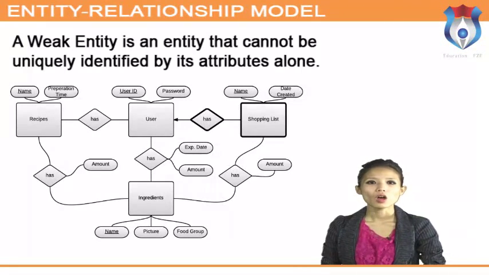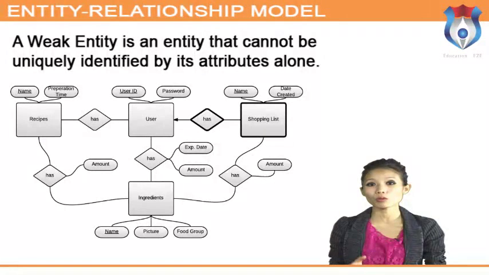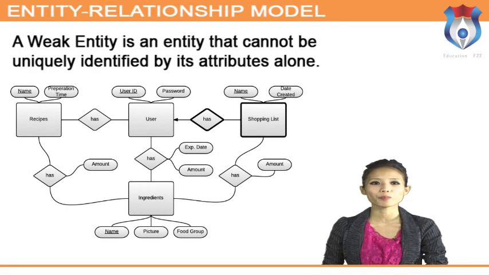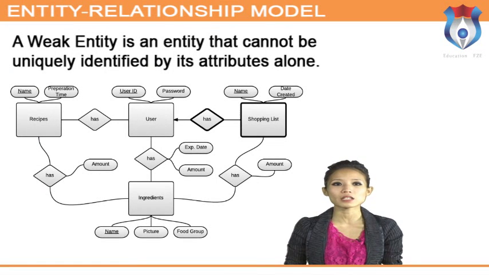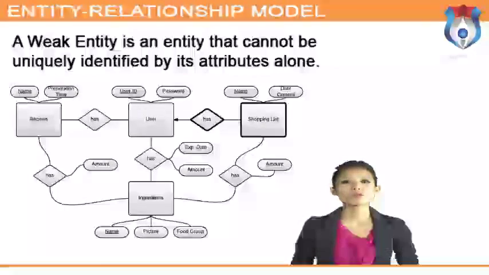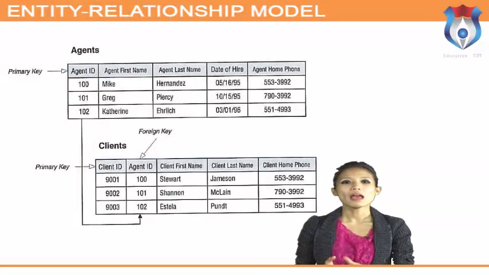Weak entity. A weak entity is an entity that cannot be uniquely identified by its attributes alone. Therefore, it must use a foreign key in conjunction with its attributes to create a primary key. The foreign key is typically a primary key of an entity it is related to. In entity relationship diagrams, a weak entity set is indicated by a bold rectangle. The entity is connected by a bold arrow to a bold diamond, the relationship. This type of relationship is called an identifying relationship, and in